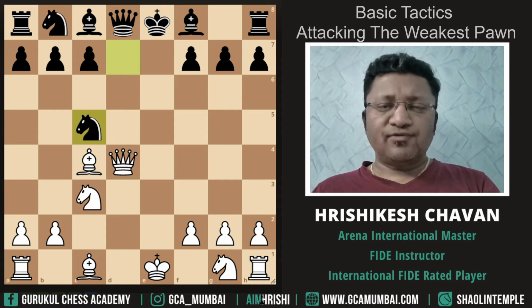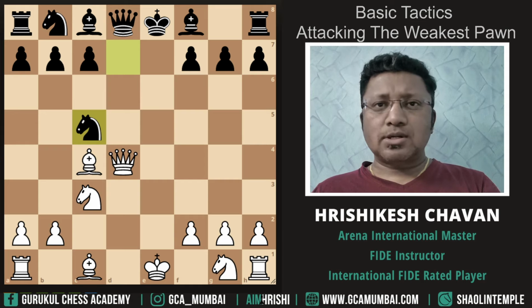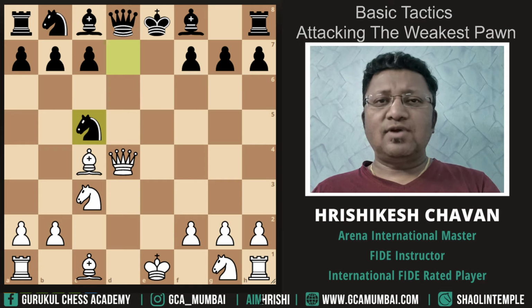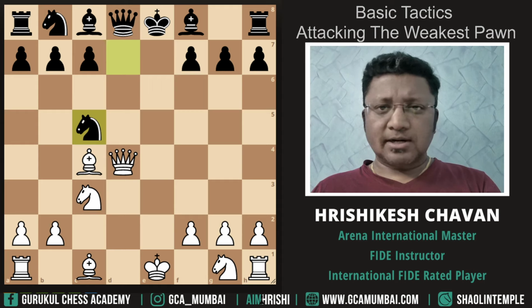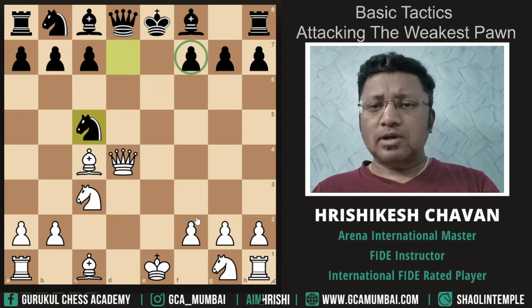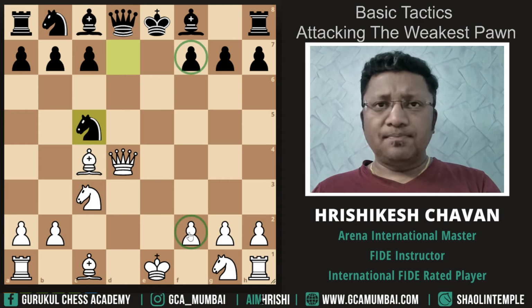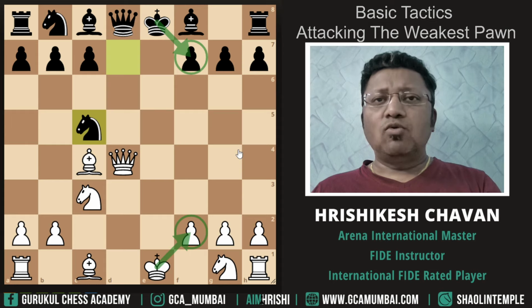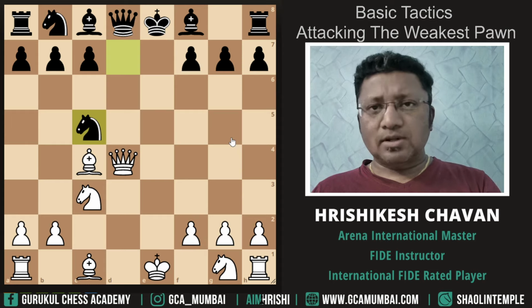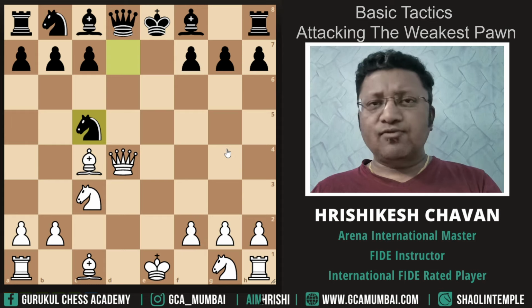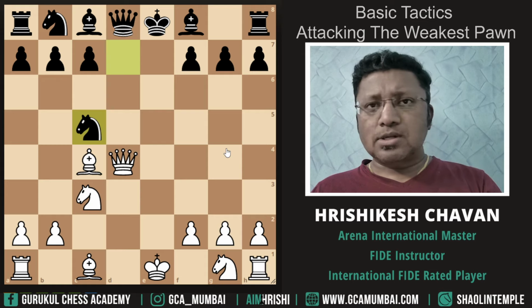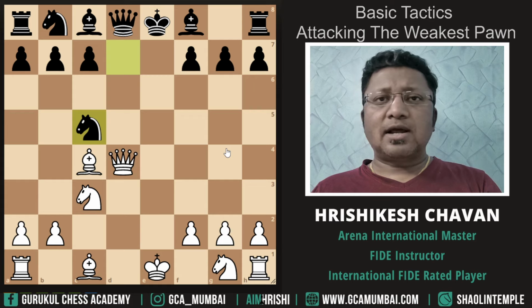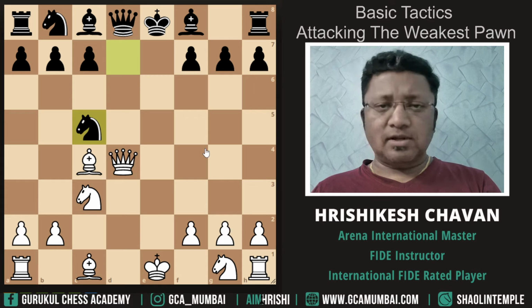In today's topic of Chess Made Simple, we are going to discuss the tactics of attacking the weakest pawn. So let's get started. As you know, the f pawn is the weakest pawn of them all, as it is supported only by the king. So at beginner level, most of the tactics are based on this weakness. So let us discuss a few positions and get to know how this weakness can be used and how a successful attack can be launched by using it.